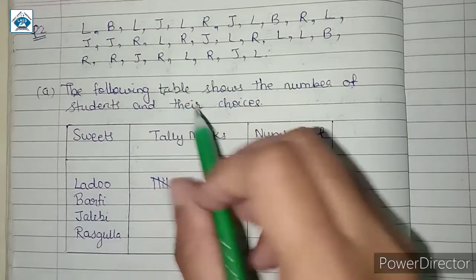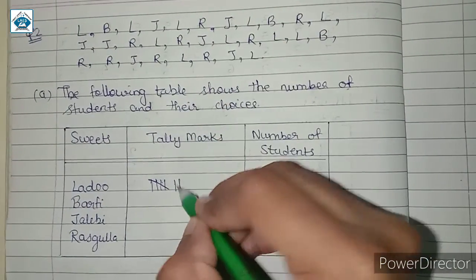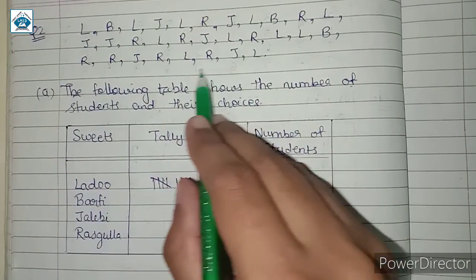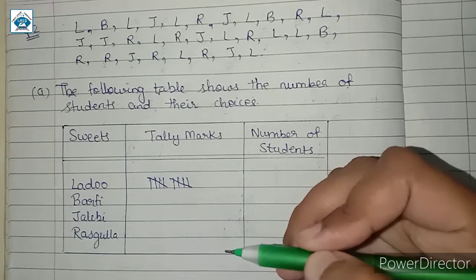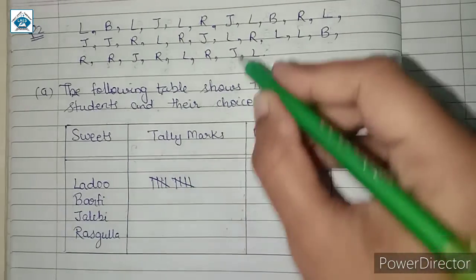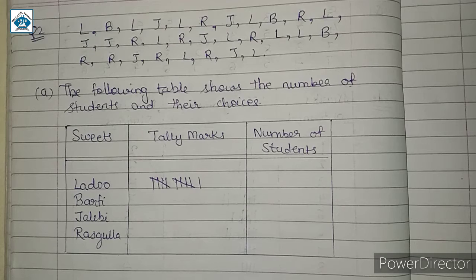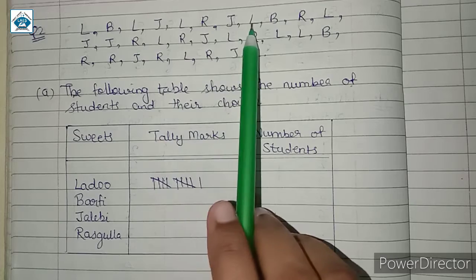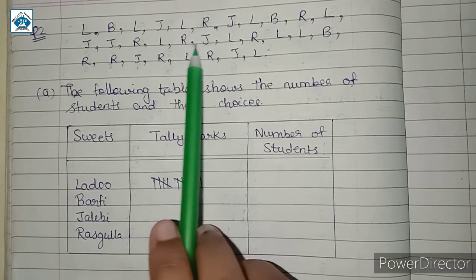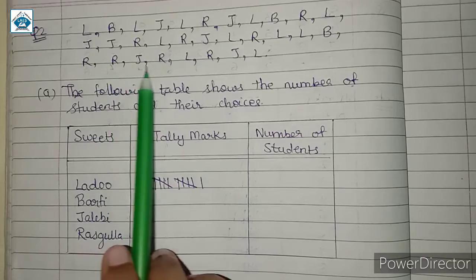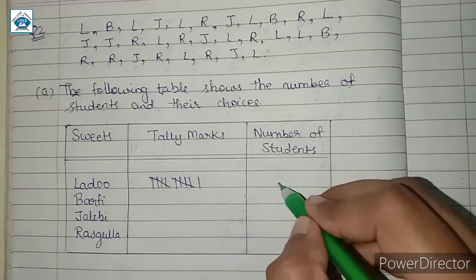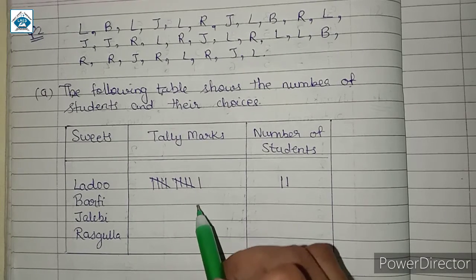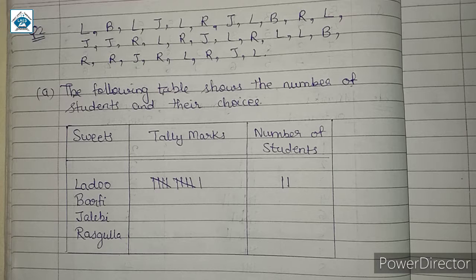Next, in the second row, we have 1, 2, 3, 4. In the third row, we have one more, that is, this is 5, 5 plus 5, 10. And lastly, there is 1 left out, so it is 11. Let us also check by counting once. We have 1, 2, 3, 4, 5, 6, 7, 8, 9, 10 and 11. Therefore, the number of students is 11, and as per the tally marks also it is 5 plus 5 plus 1, which is 11.